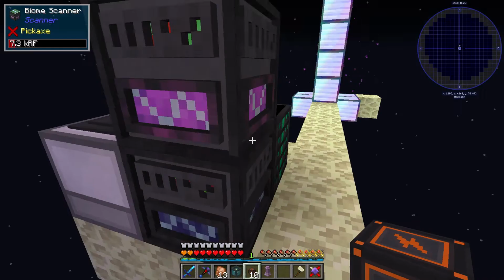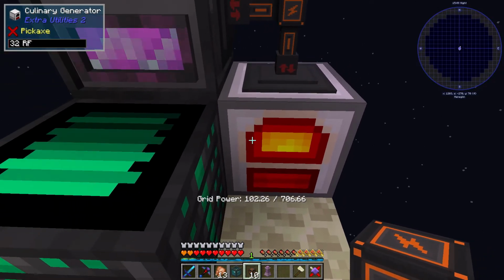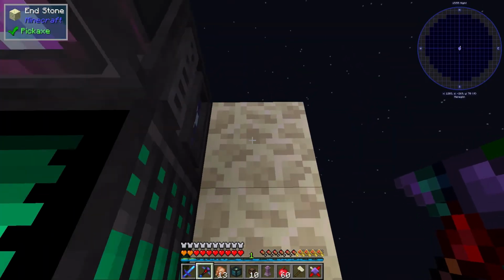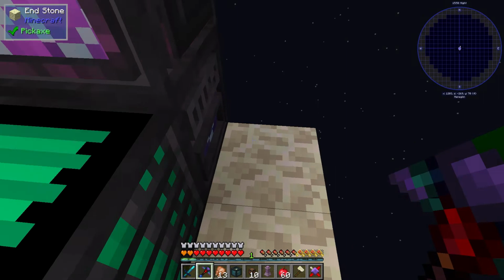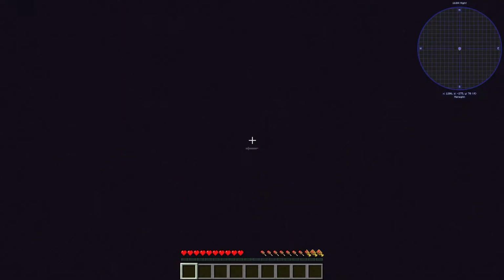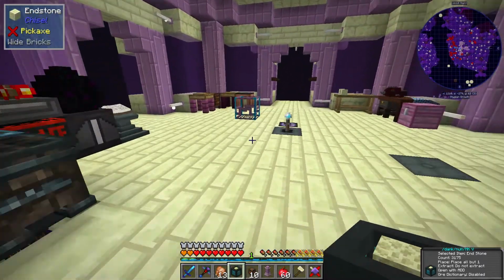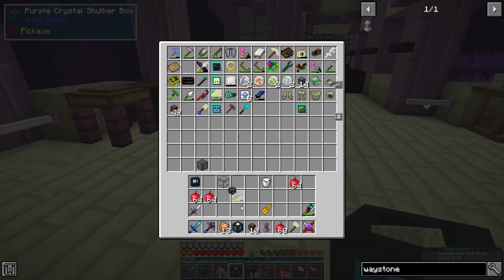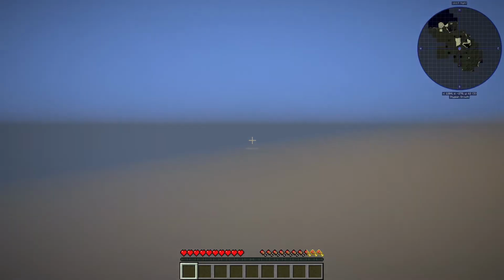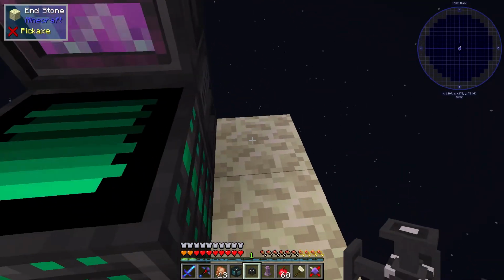But that's okay. We can actually, you know what we should do? I should see by the culinary generator if I have one more flux point. And we should see if that thing is going to work cross-dimensional or not. Because if these things work cross-dimensional, we are pretty much golden and I don't have to do anything special. If not, we're going to have to grab our...